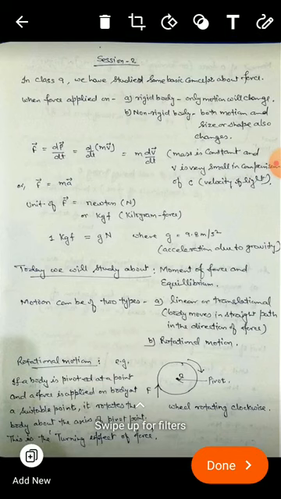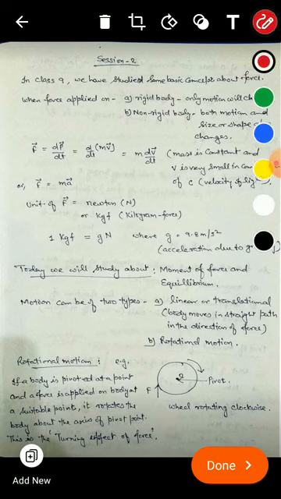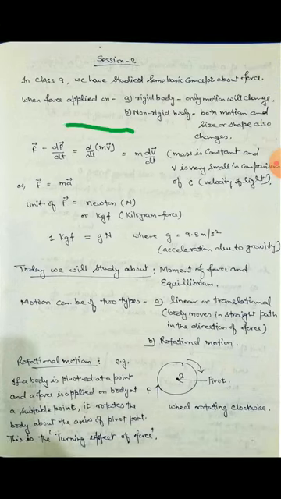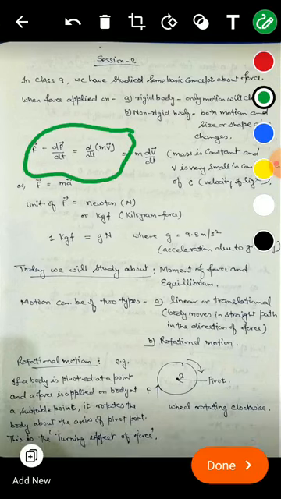a writing pen at the top right side. So just click this writing pen. You can choose any color. Suppose I'm choosing this green color, and I want to highlight, suppose there is a formula, I want to highlight this. So I can highlight this like this. Okay, if you want to write anything, there is a T button there.